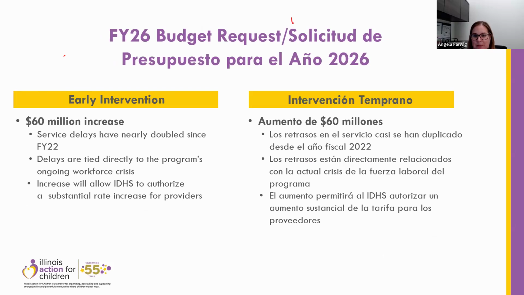Okay, so I'm up to talk about just a few other line items in our core early childhood program lines. Right now we are planning to advocate for a $60 million increase to the early intervention program in our state. This program provides supports to infants and toddlers who have or are at risk of developmental delays or disabilities, so it's a super critical program. There have been a lot of service delays, directly tied to the need to invest more in the workforce that provides essential early intervention services.